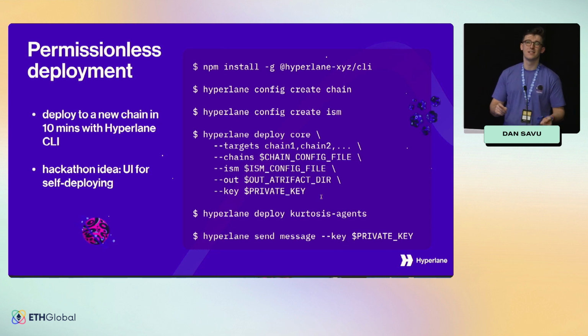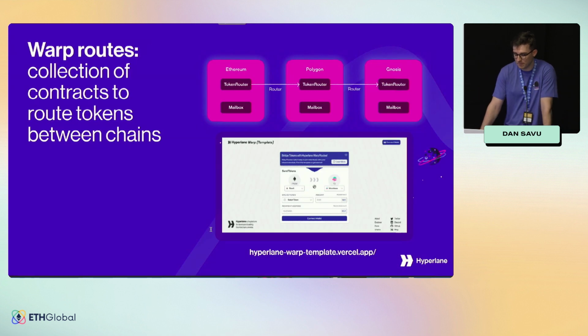You click on it. You just input a private key to run the relayer and validator with. And you're going to have infrastructure spun up for you just like that. So you don't need to worry about it. And you can start working on your cross-chain dApp, having the entire bridging layer abstracted away from you. And you can even send a test message with the Hyperlane CLI. Cool. So now you have general message passing live.